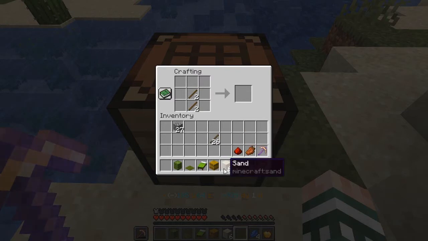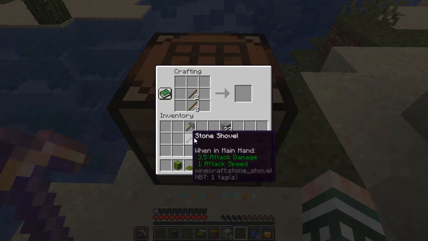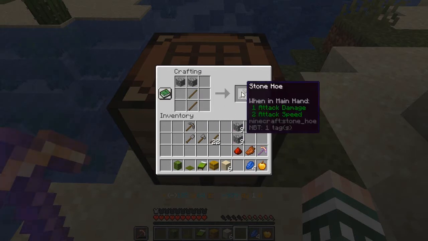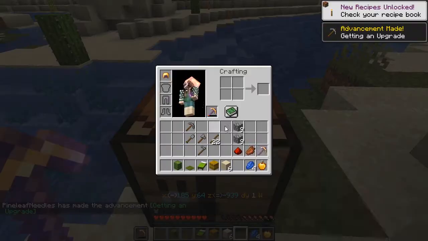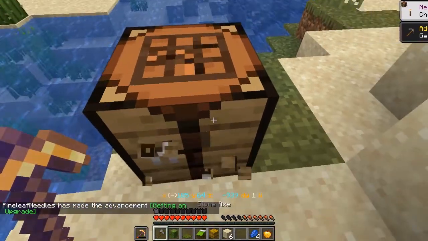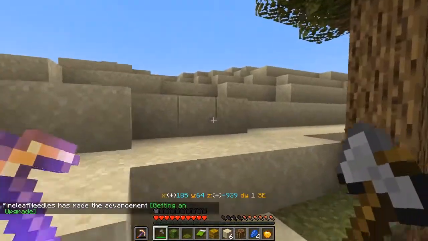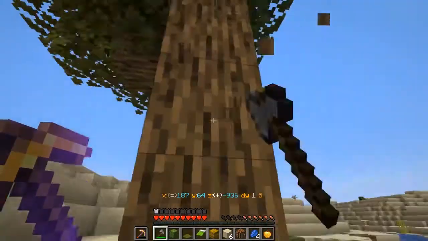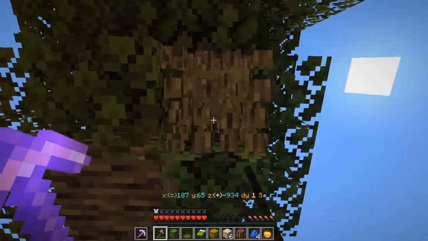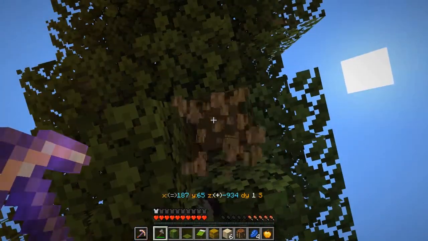Now, let's see what we've got here. Let's get some basic tools here. We have a pickaxe. We have a shovel. We have an axe, and we have a hoe. That should give me some basic tools in which to work with. There you go. Now, and I could really actually get started in this world,